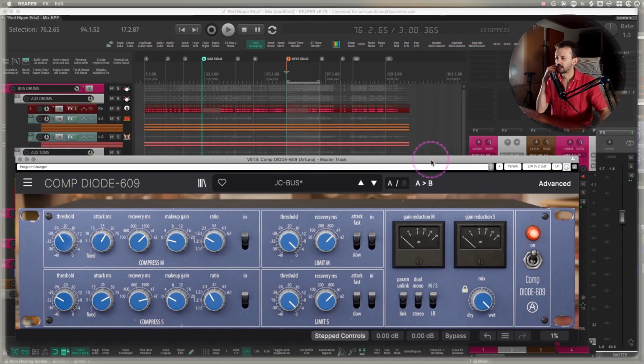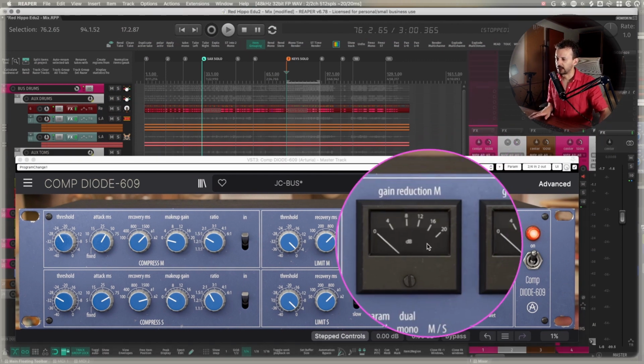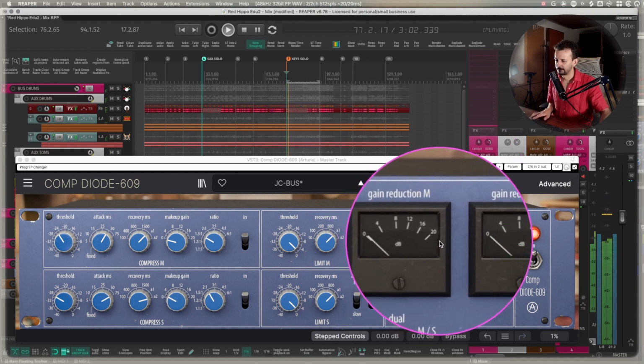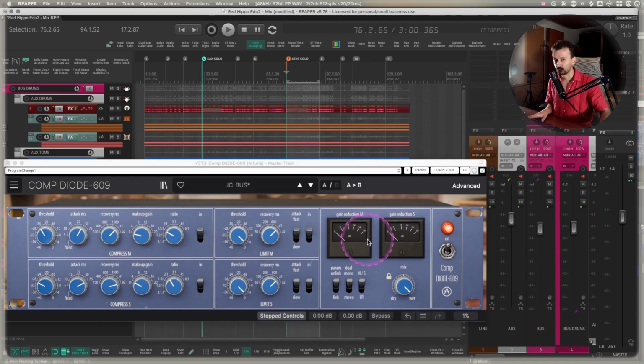You can also see that even if you don't process your stereo out too hard, why this makes sense. If I'm hitting my main compressor, my stereo out compressor, just as if I was mixing on a solid state console. If I was hitting it way too hard,